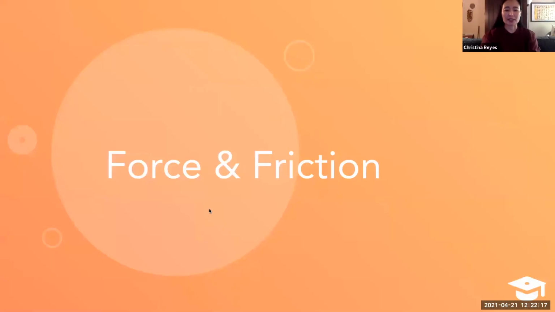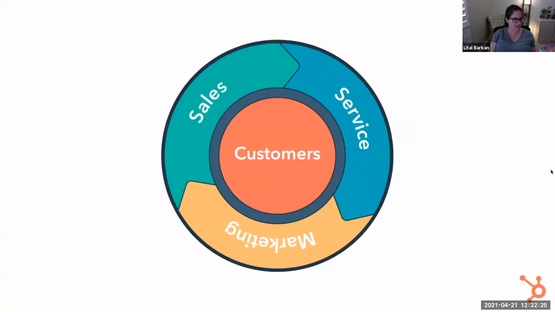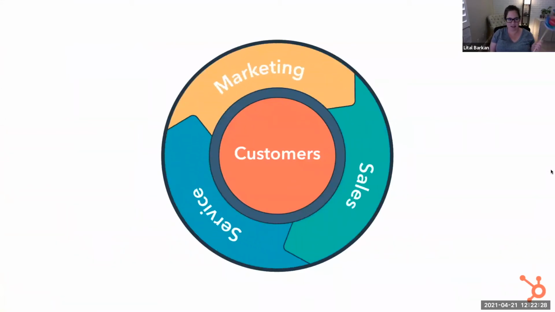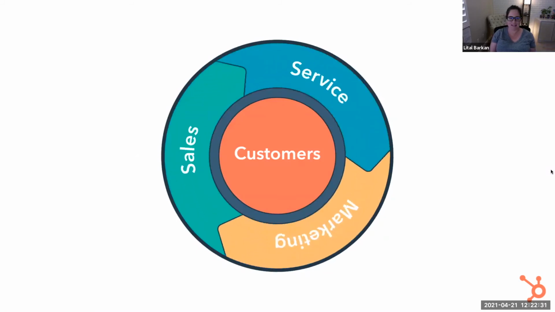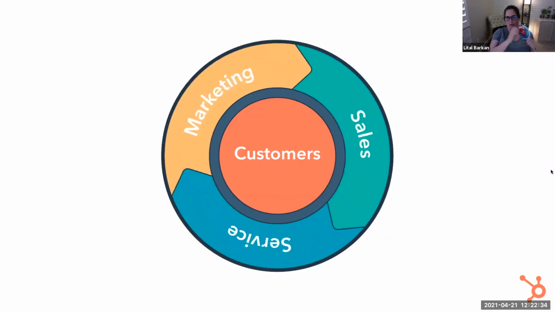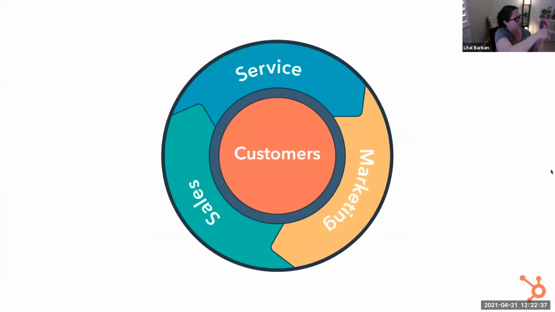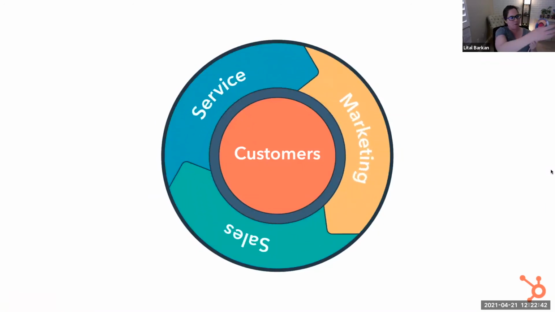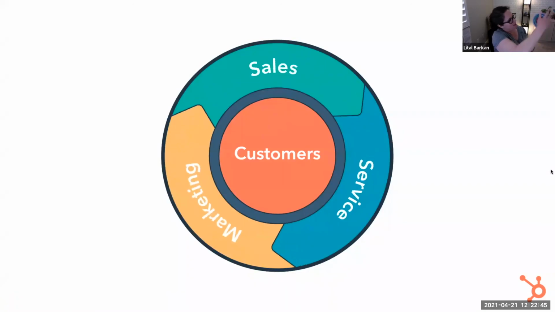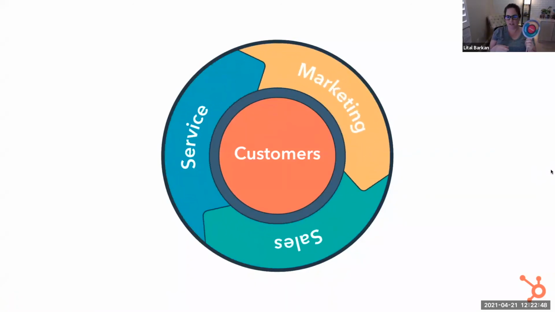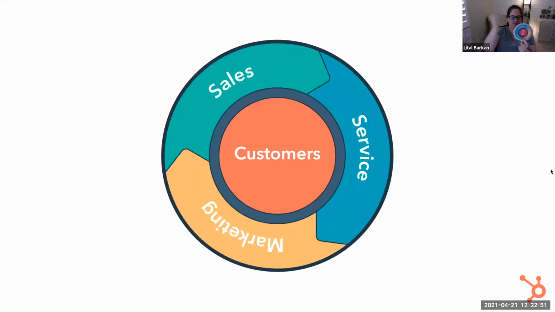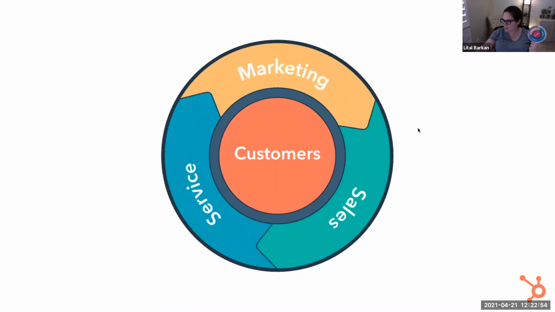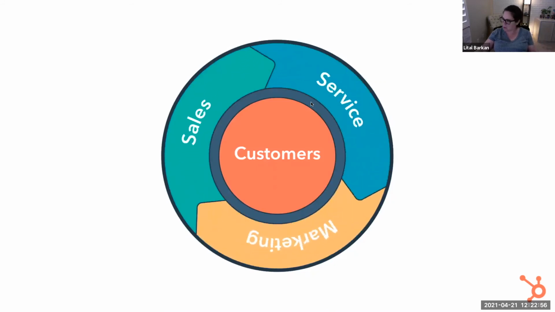That takes us to force and friction. I'm too slow. Okay, so force and friction. Like I told you guys, my dad is a physicist. So whether you heard it from my dad or remember it from Isaac Newton in science class, an object in motion stays in motion, right? With the same speed and in the same direction, unless acted upon by an outside force. So when we talk about force, that's what you can apply to make your flywheel spin faster. And when we talk about friction, that's how you slow it down, right? So I'm going to put my prop away.